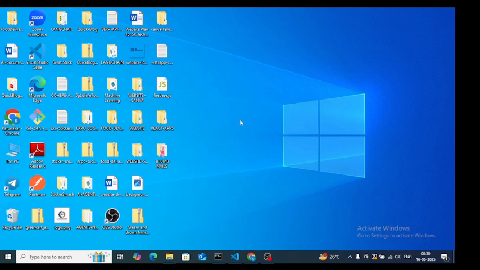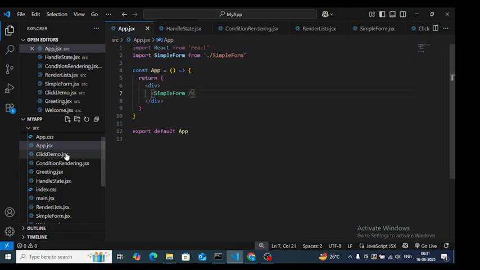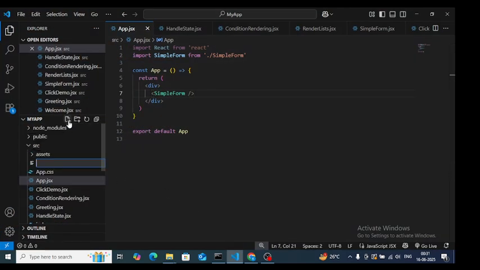So in this video we will learn how to use styling in React. Okay, so open the folder in Visual Studio Code. So in the src folder, create a new file, give it some name,